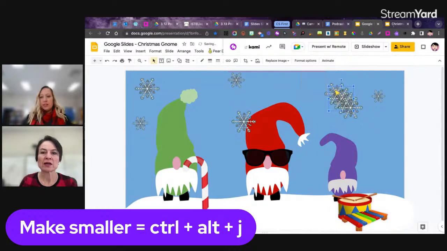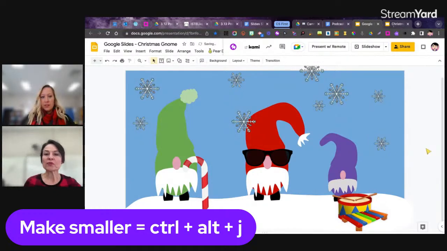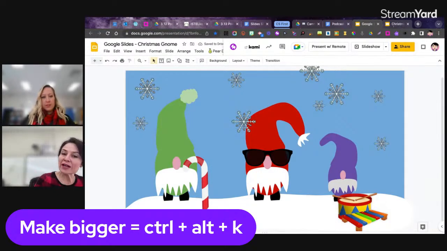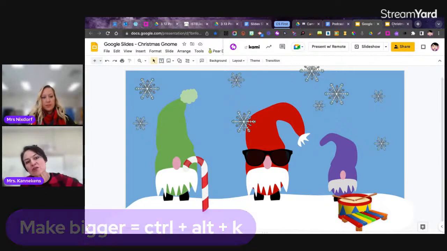Control-Alt-J. Bring into the picture. There we go. Control-Alt-J. Control-Alt-J. All right. So again, while you're waiting for your friends to figure out that curve tool to make the